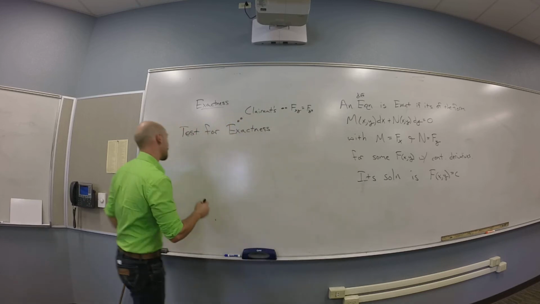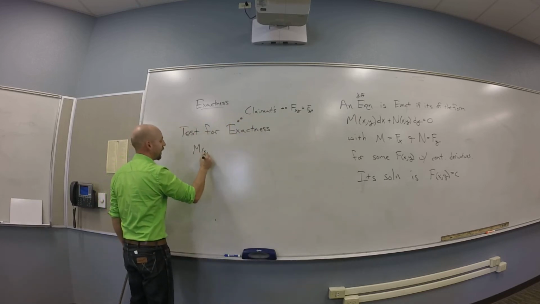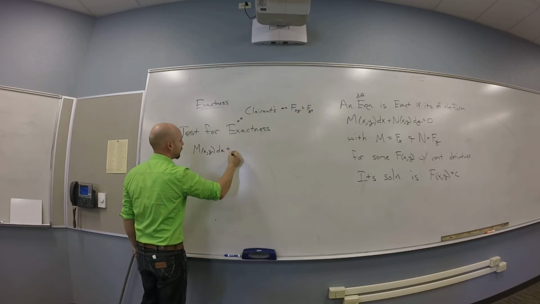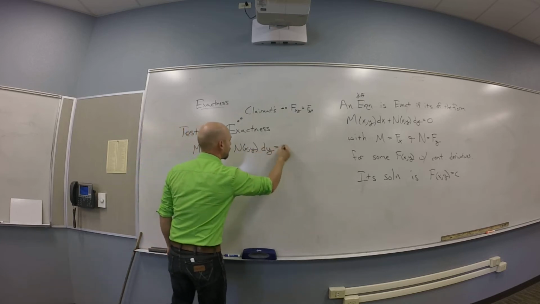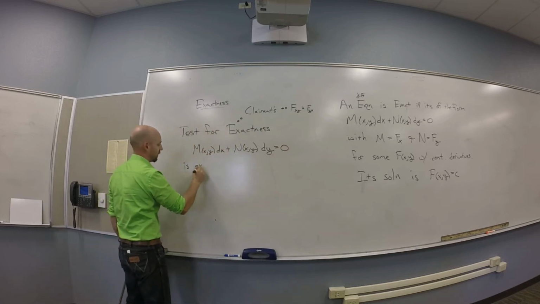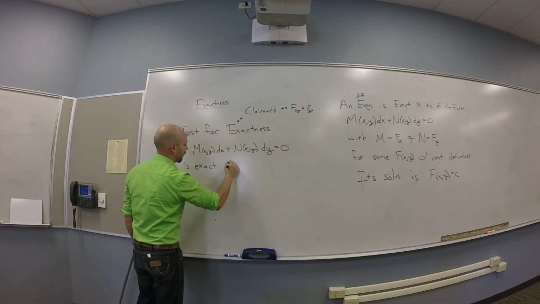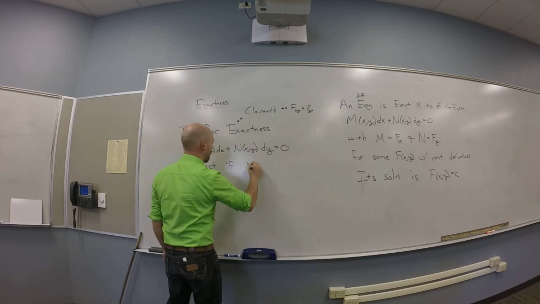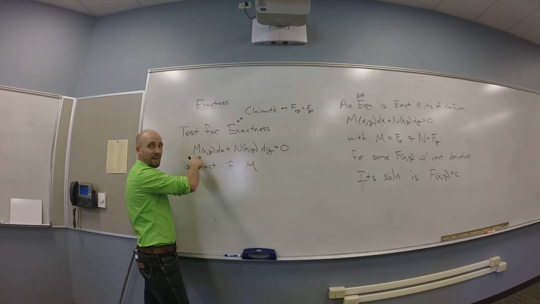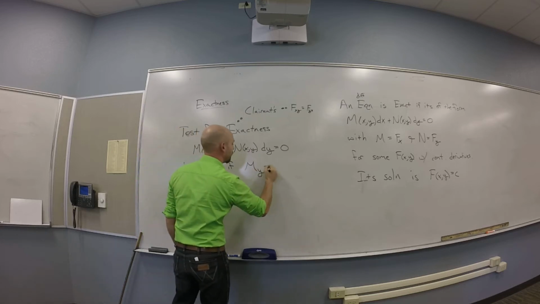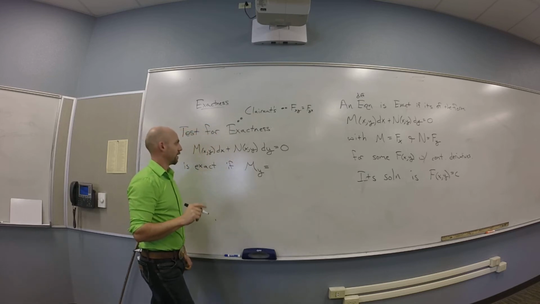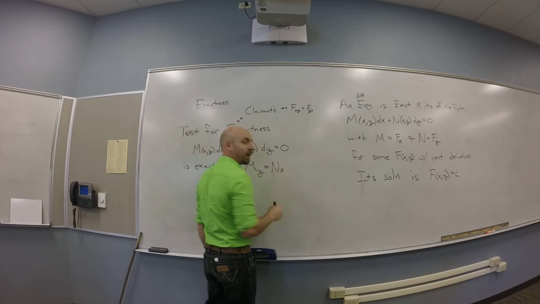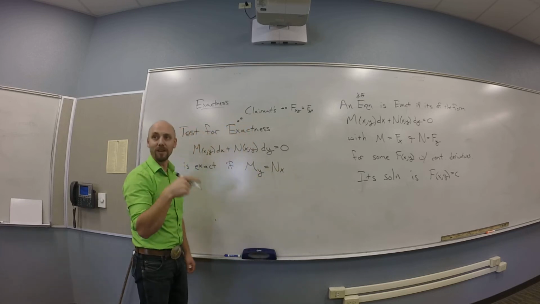So the test for exactness is: M of x and y dx plus N of x and y dy equals 0 is exact if M, well, M was the x one already, so I should take the y partial, and set that equal to N with respect to x. If I take the cross partials and they're equal,